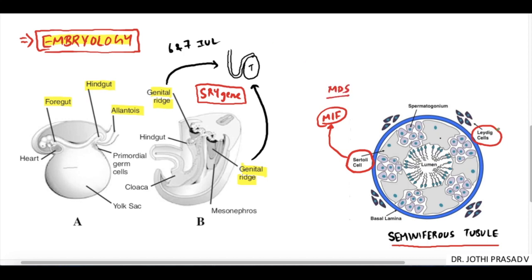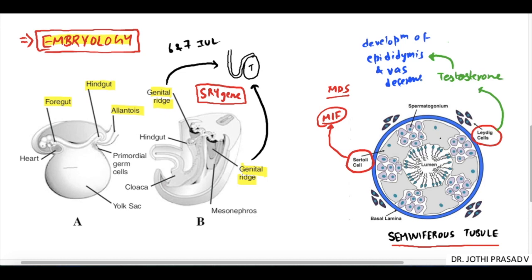Similarly, the Leydig cells will produce testosterone, which will cause development of Wolffian structures such as epididymis and vas deferens. This happens by 9th week of